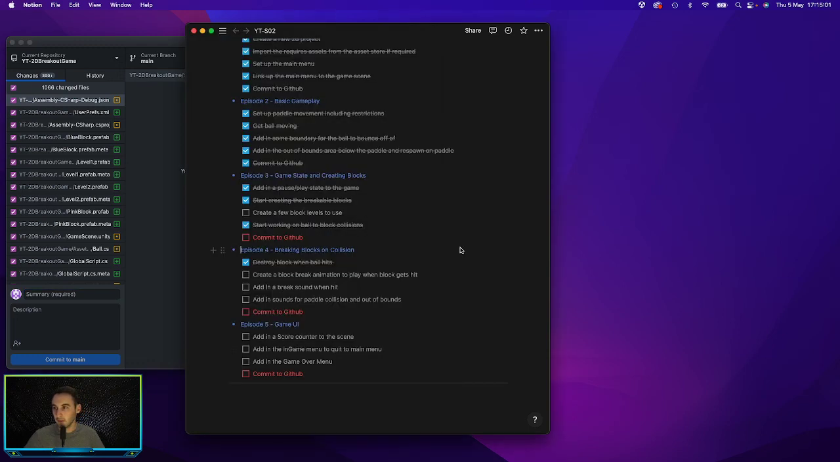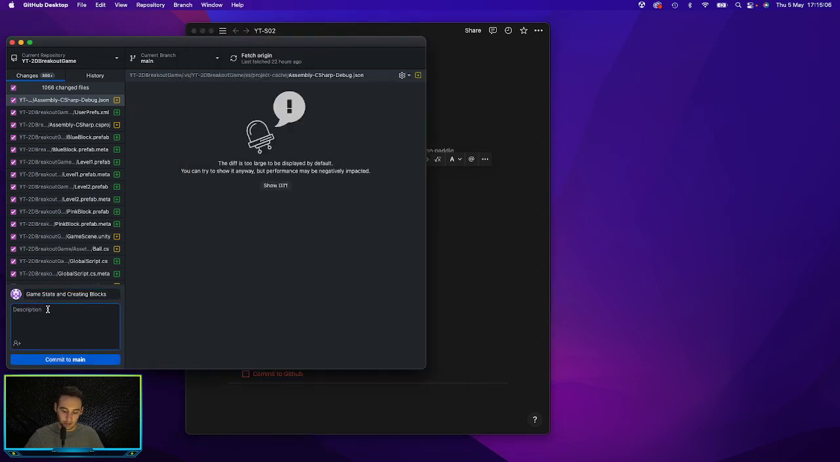So let's go. What do we do in this episode? We started game state and creating blocks. So let's do that. So we added in a pause/play state to the game, which is unfinished. We still need to work on that. Once we've got in everything, like particle effects and all of the other stuff, we will finish that off. And then we created our